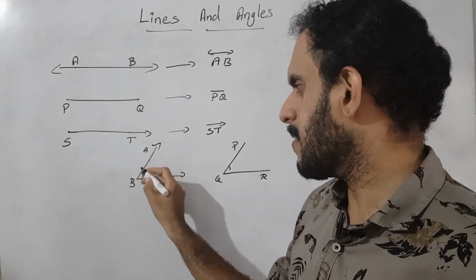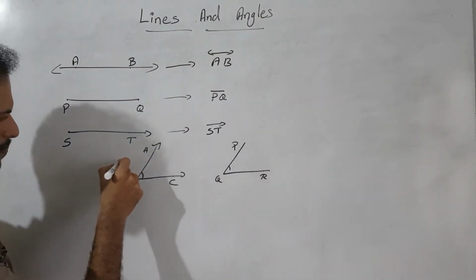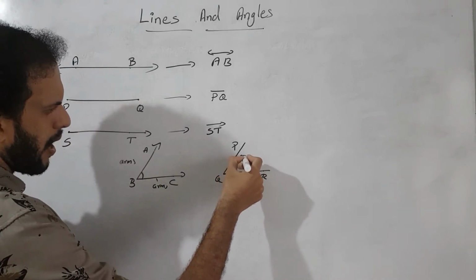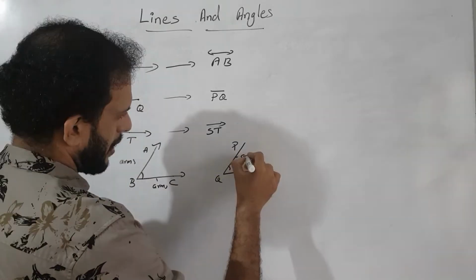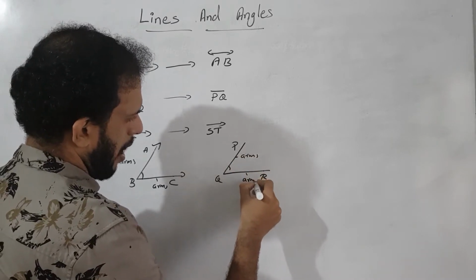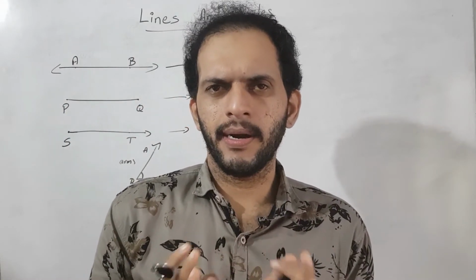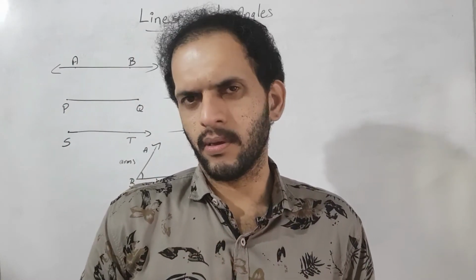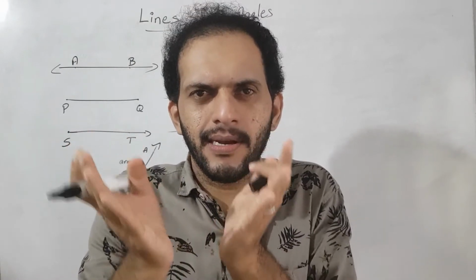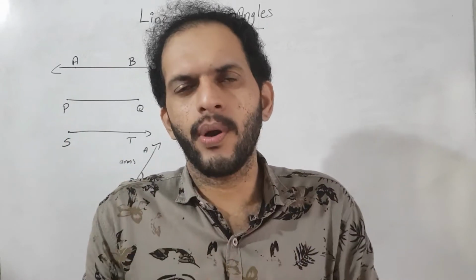AB is the arms of the angle, and BC is also arms. So arms. Correct? And here this is also arms of the angle. The ray or line segment that forms the angle, what is the name we call it? Arms. Then you know this idea because we already learned the angle in the lower classes. Correct? Then the two rays or two line segments intersect at one point, they meet at one point, they